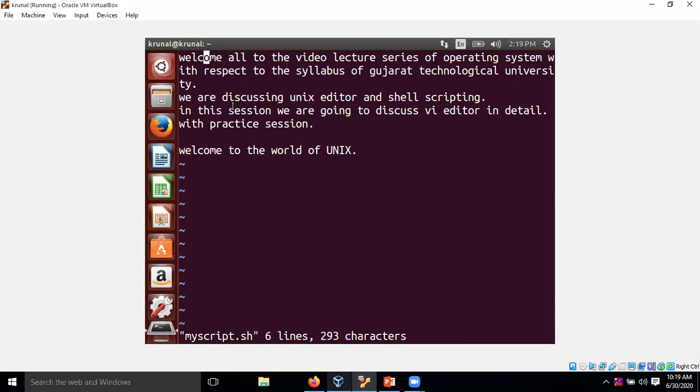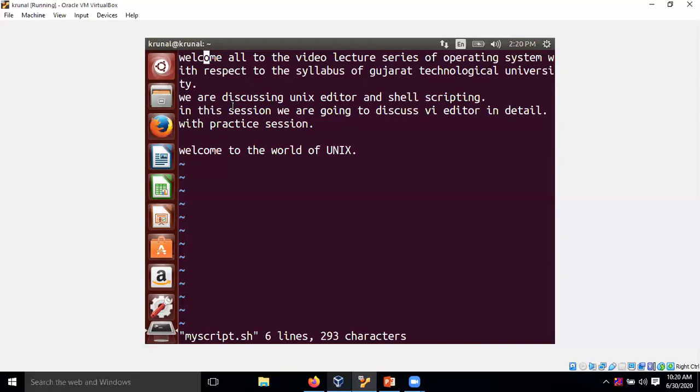So J is for moving the cursor down one line. K is for moving the cursor up one line. H is used to move the cursor left one character. And L moves the cursor right one character. These shortcuts you need to use in command mode as per your requirement.